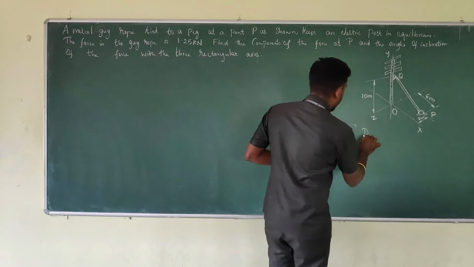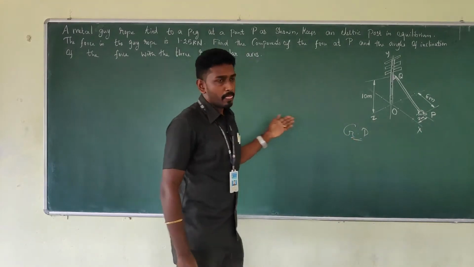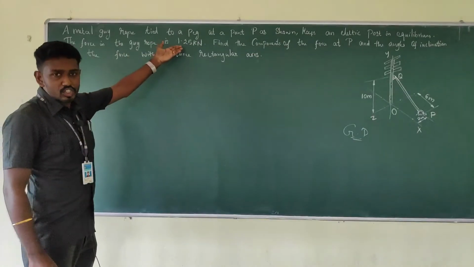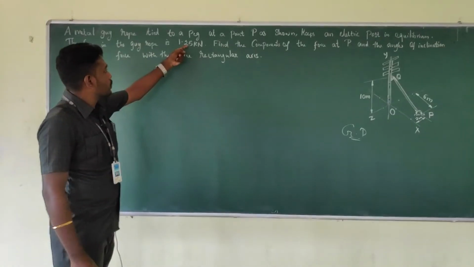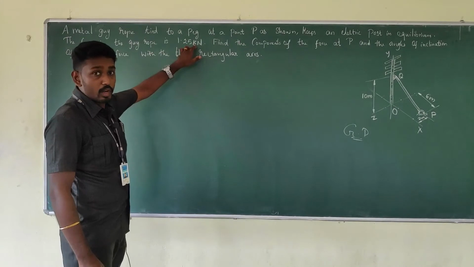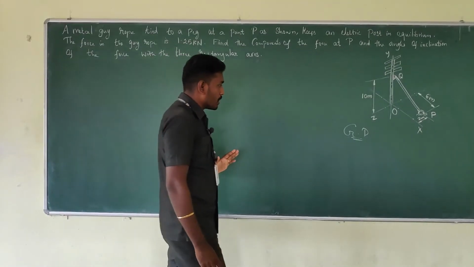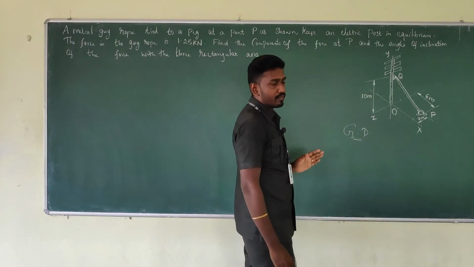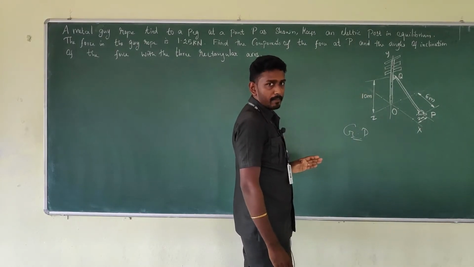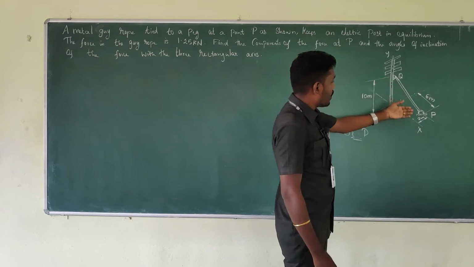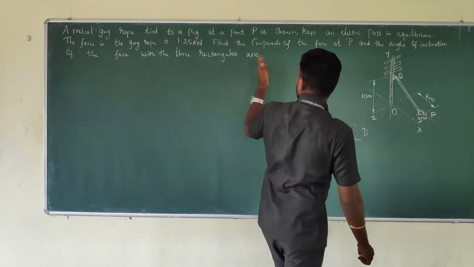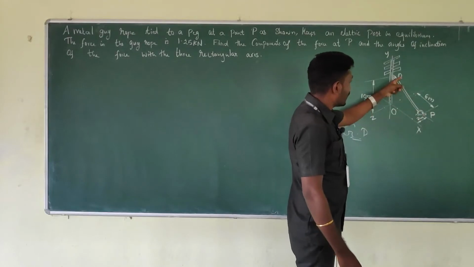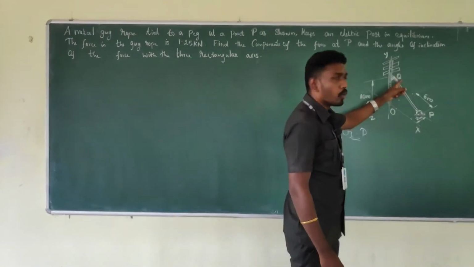So try to take the given data. We have the force in the guy rope, which is mentioned directly as 1.25 kilonewton, which is in kilonewton, not newton. It's the magnitude of the force acting on this system. Here we have a guy rope, so there is a rope between P and Q. Am I right? P and Q.